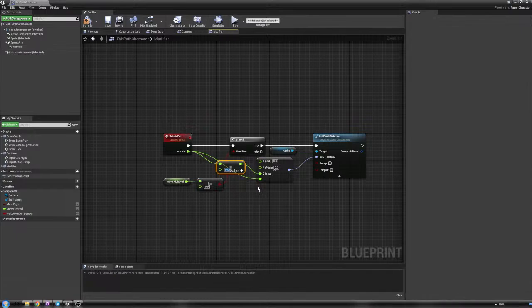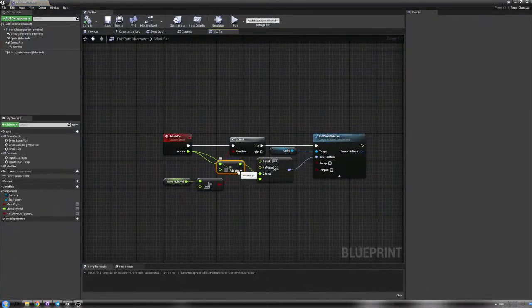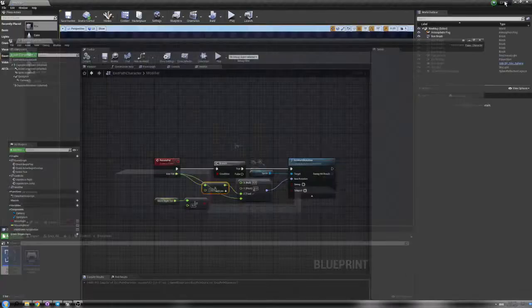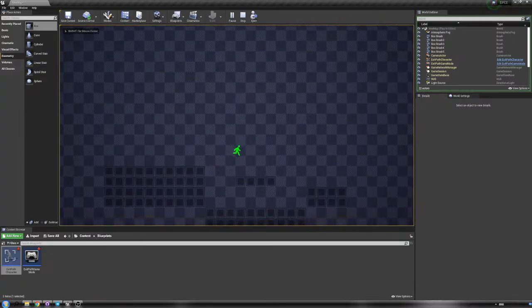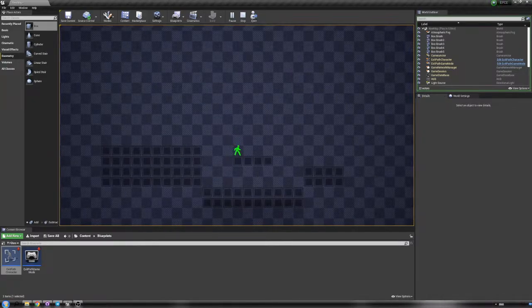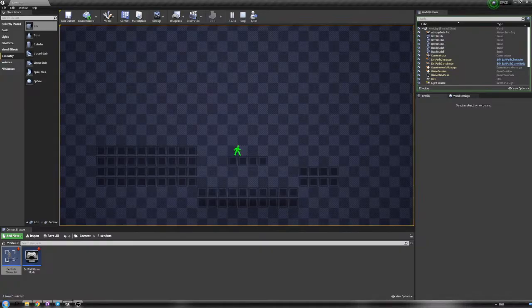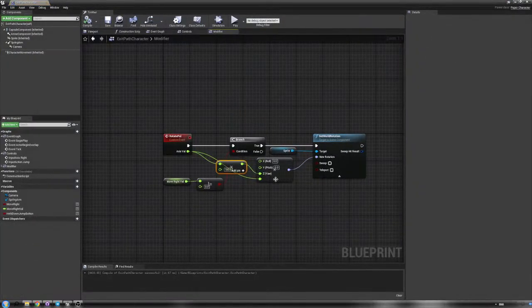Wait. Yeah, I think that's gonna work. Let's try. Alright, maybe 180 is the solution. Nope, it's not. Okay, actually, what's going on is that it's choosing either negative 180 or positive 180, which is basically the same value. So instead, what we're gonna do is we're gonna